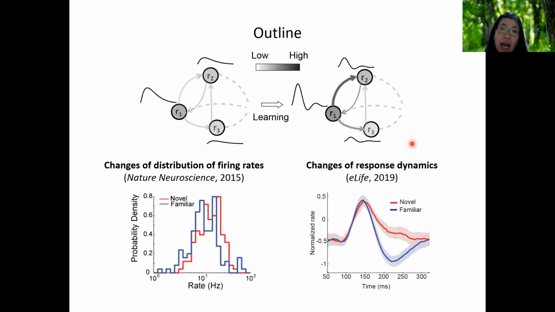So here, I want to first show the method to infer the synaptic plasticity rule, the dependence on the pre- and post-synaptic rates, from the distribution of the activities. First, from the time average response, and then I will discuss its extension to synaptic plasticity, considering not only these spatial changes, but also the dynamic changes.